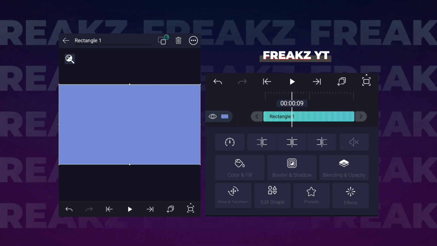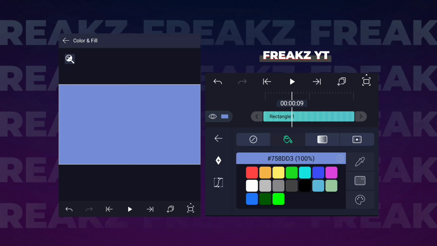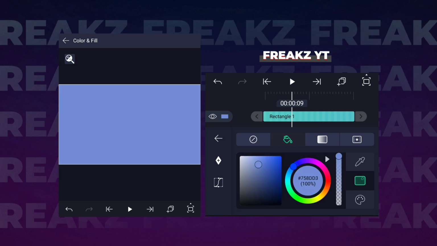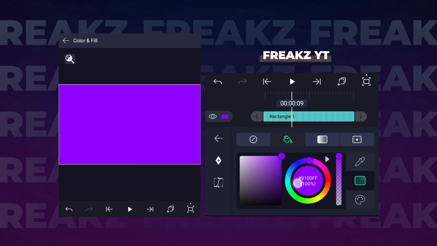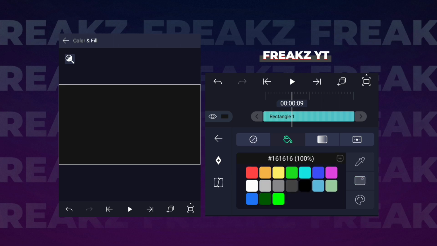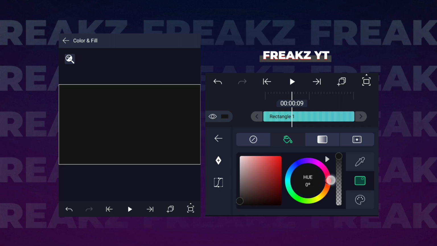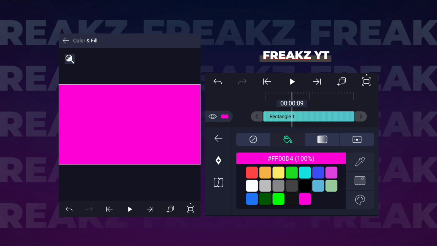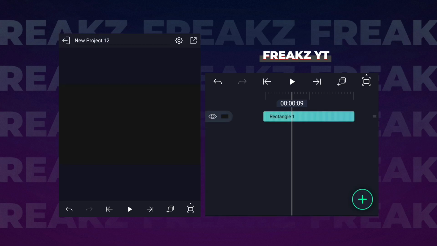So we'll change the color of the background to dark gray according to our theme. So just tap on color and fill. So you can see basically a type of colors over here. If you want more colors, just tap on the second option over here and then you can choose different types of colors over here. So I'm choosing a dark gray for the theme. So this is the color that I'm choosing. If you want to add the color that you choose, just tap on the plus icon, which is showing here. So there is a color added over here. You can add more colors, like, see, if you want to add color, just tap on the plus icon. So I'm going to choose a dark gray over here,